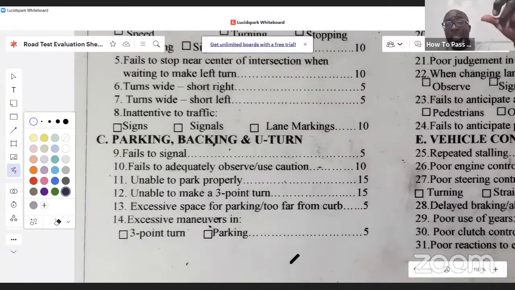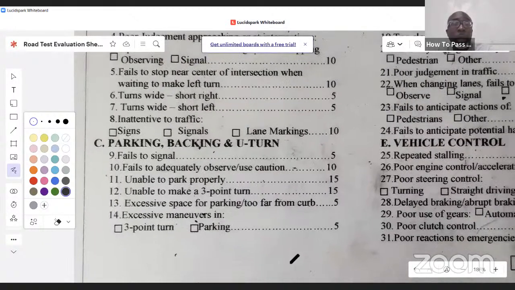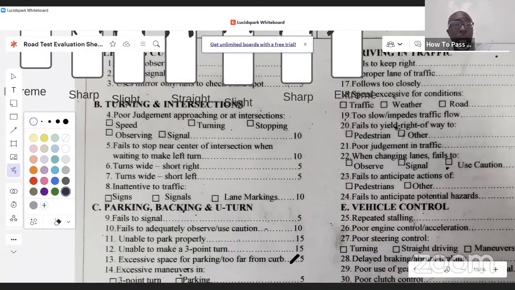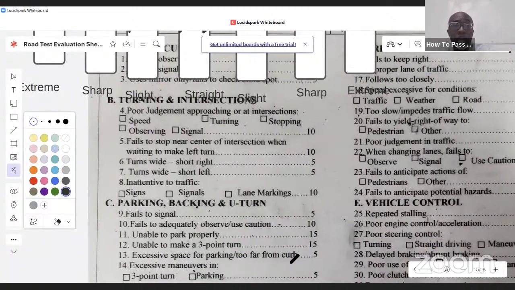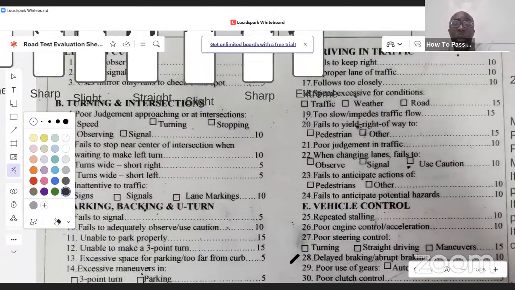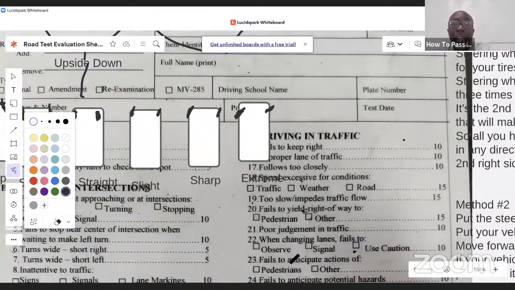All right, but let's say that's not the case here. Let's say we don't have any lane markings. So let's say they would take off for number 4 and number 6, a wide right turn. Now, we're also at a